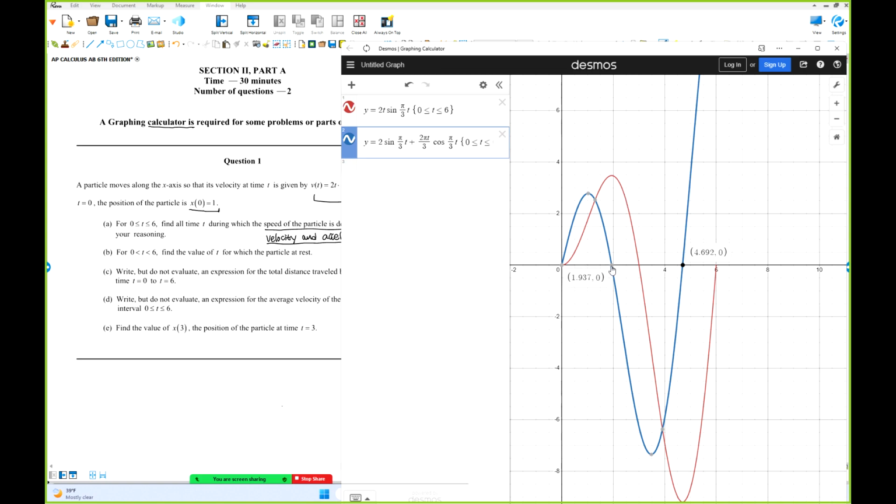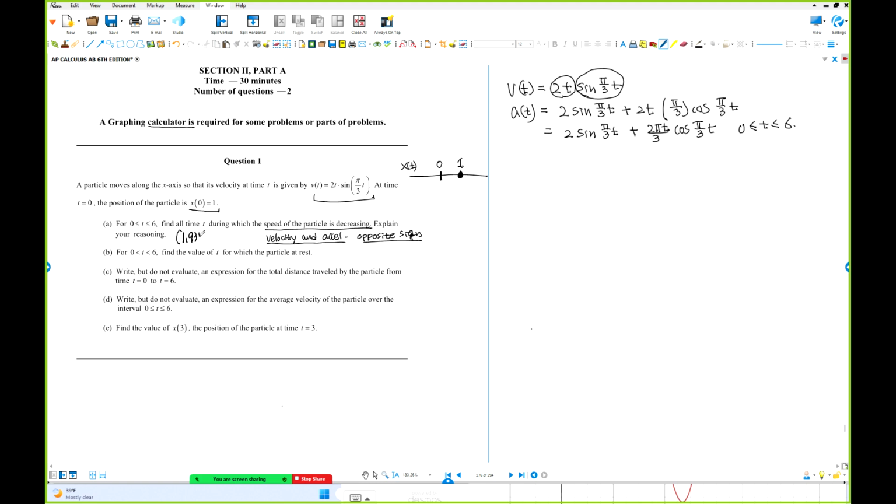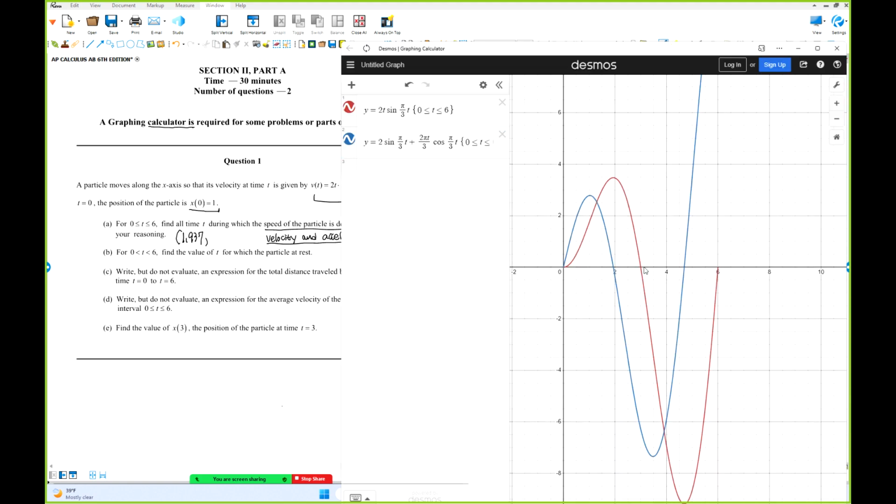Where is it? So from here, negative 1.937, okay? So decreasing, opposite sign, is 1.937 from here up to where? Up to here, right? Up to here, that is positive. Are you okay with this? Up to here, this one is what? From here all the way down up to 3. Up to here, right? That is 3. That is negative. Okay? So from here up to 3,